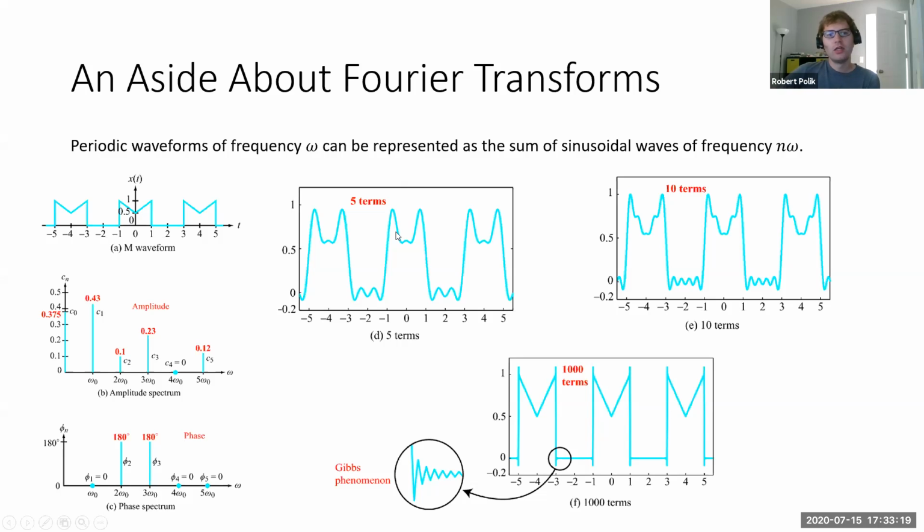We'll get to that. So another example here, just to drive the point home, is we have these M waveforms and you see the same thing. 5, it's close, 10, it's closer, 1000, it's very, very close. But in terms of what's actually going on, you can imagine we have this sinusoid of frequency 0, that's just a straight line to go up or down to get the average in the right place. But then we have a sinusoid of magnitude 0.43 and phase shift of 0.